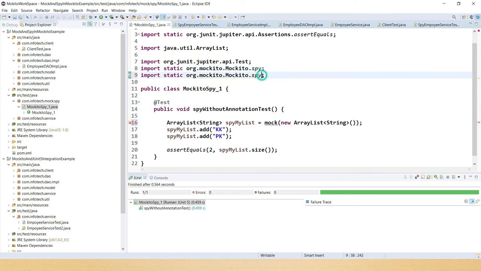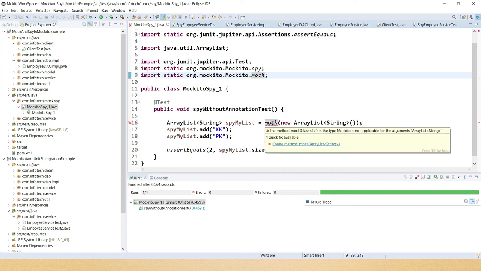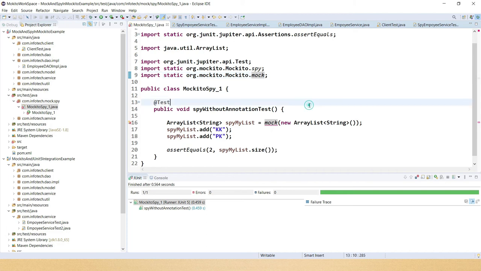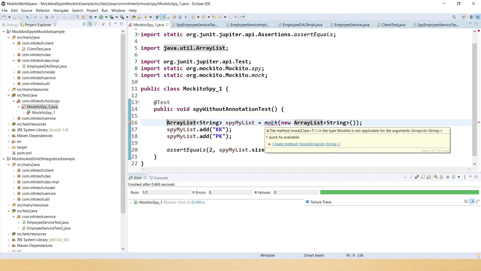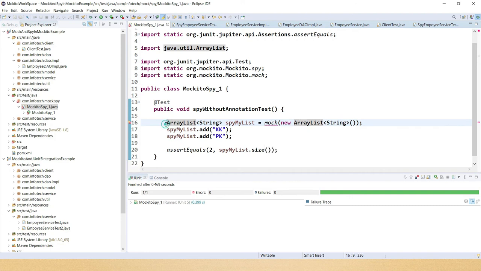Let's say if you call the mock instead of a spy, what it is telling, so here if you put the cursor, it says that type mock is not applicable for the argument. So let me revert back to a spy, right?